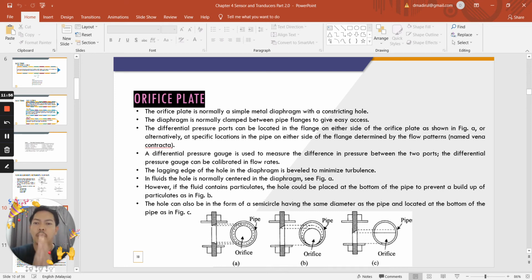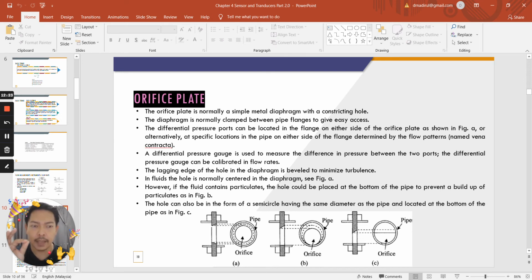Okay. Orifice plate. An orifice plate is normally a simple metal diaphragm with a constricting hole. The diaphragm is normally clamped between pipe flanges to give easy access. So normally the orifice plate is inserted between pipe flanges. The differential pressure port can be located in the flange on either side of the orifice, as shown in